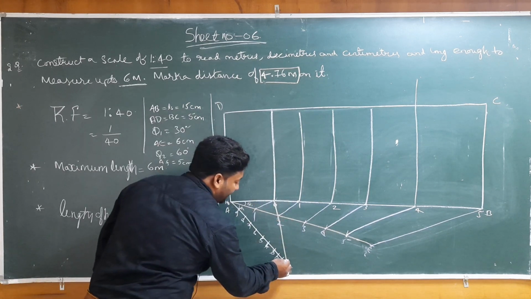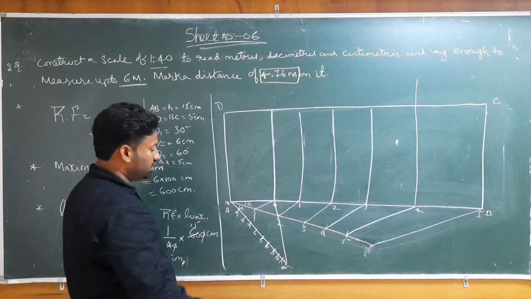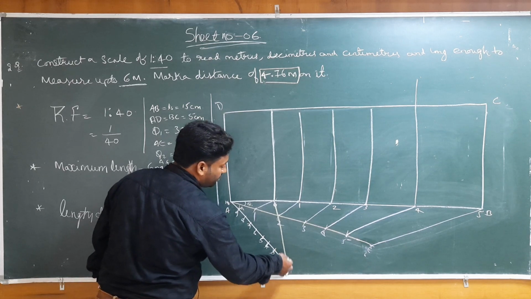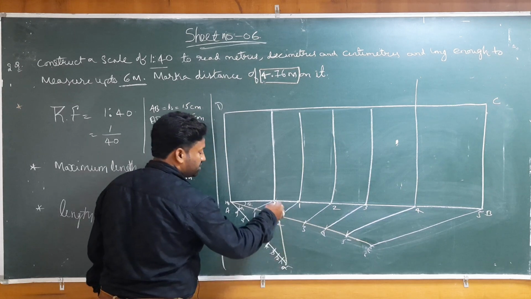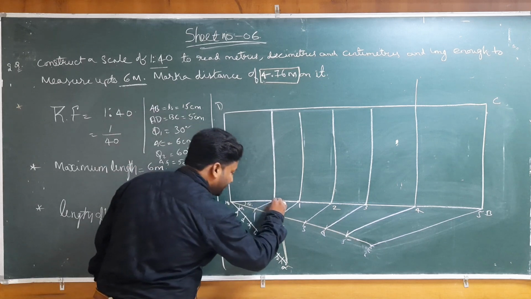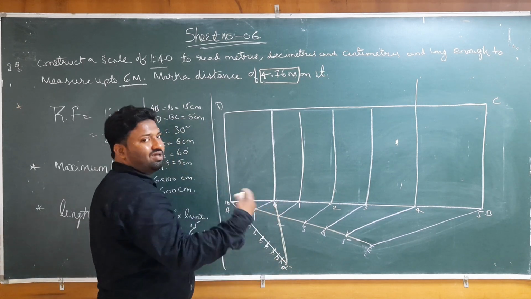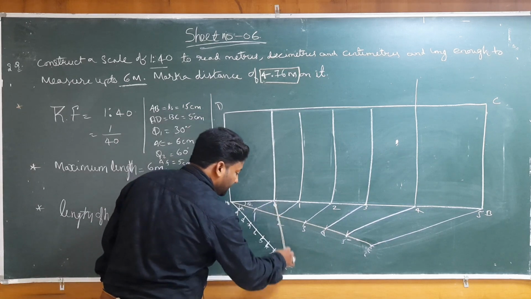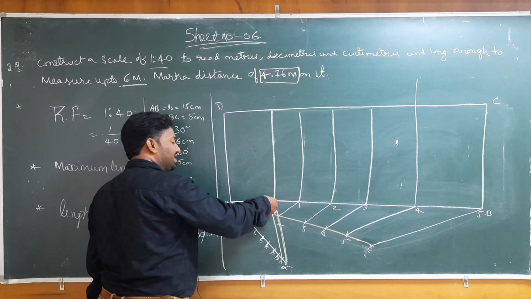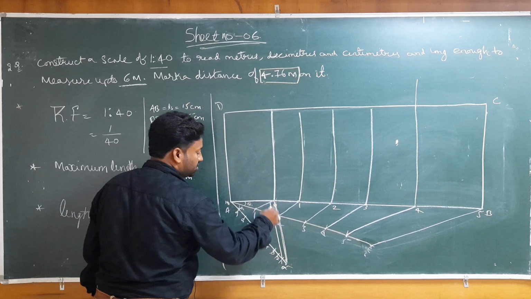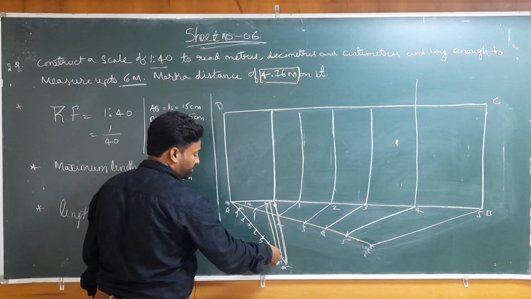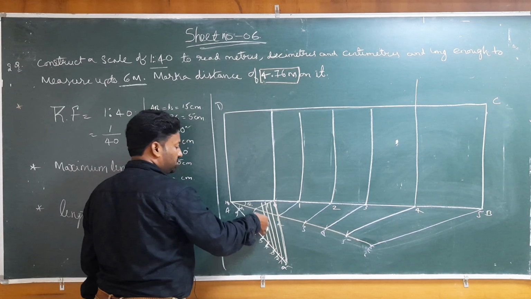Here whatever the angle is there, we have to measure it, or else we have to draw a parallel line to 0 to 0, the inclined line we are getting by making an angle theta 2 equal to 60 degree. This line will not be straight, it is an inclined one. Whatever this inclined line is, we have to draw another line from the point 1, and this line should be exactly parallel to 0 to 0, and this is 1, 1. From point 2 we have to draw one more line which should be parallel to the previous one. So all the parallel lines we have to draw like this.